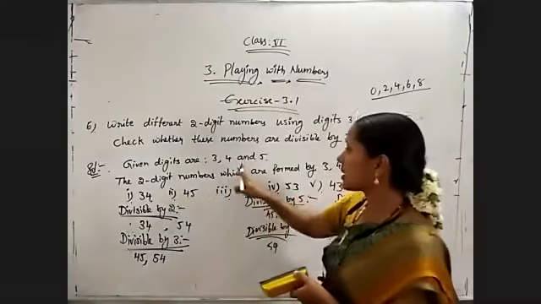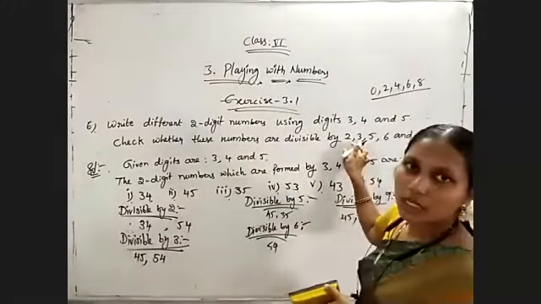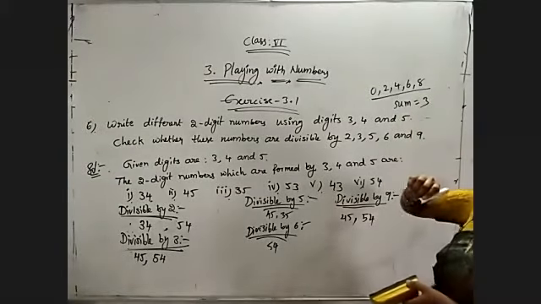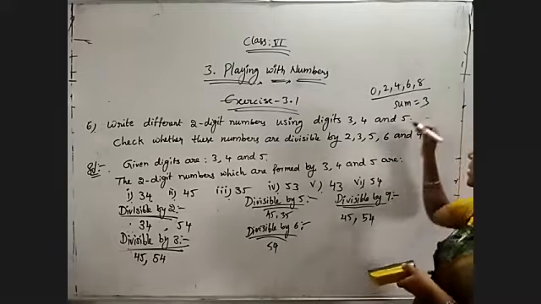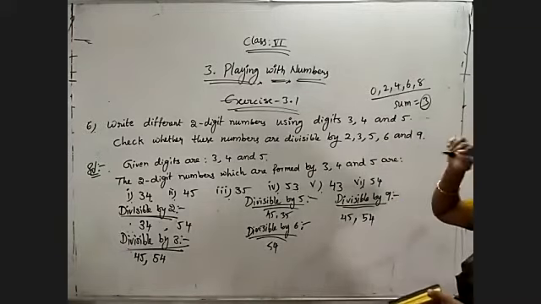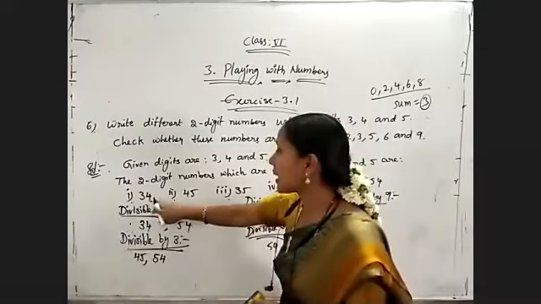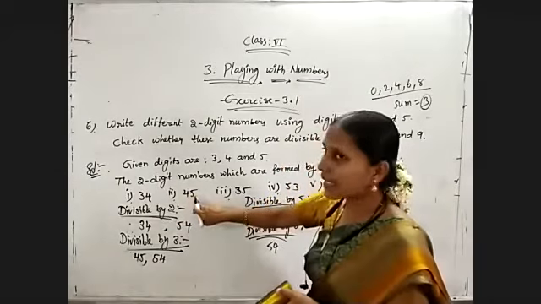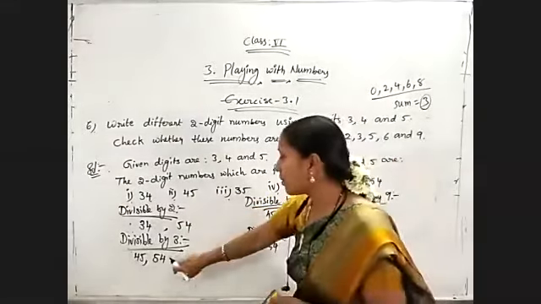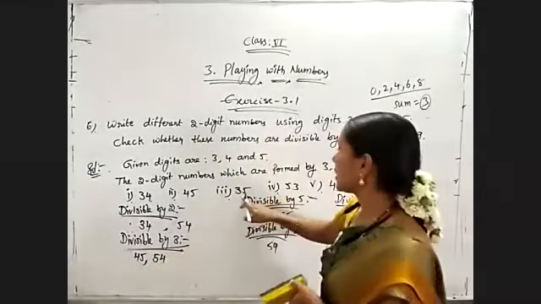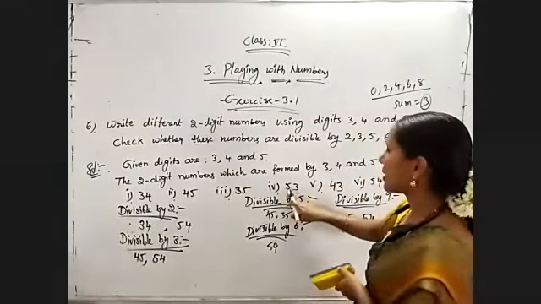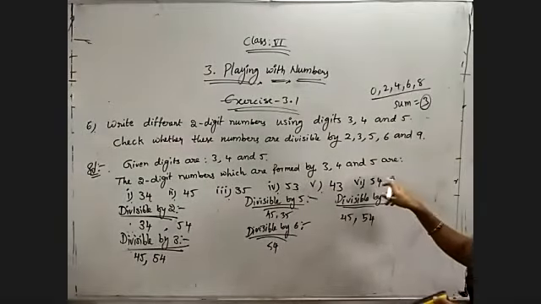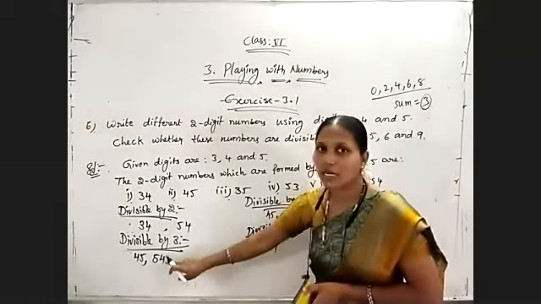Now coming to the next, 3. What is the divisibility rule of 3? If the sum is a multiple of 3, then only it is divisible by 3. Otherwise, it is not divisible by 3. Means that sum, whatever is there, we need to get in 3 tables. So observe here 34, 3 plus 4, 7. So it is not divisible by 3. 4 plus 5, 9. 9 is divisible by 3. So 45 is divisible by 3. 35, 3 plus 5, 8. 5 plus 3, 8. 4 plus 3, 7. 5 plus 4, 9. 9 we will get in 3 tables. So 45 and 54 are divisible by 3.